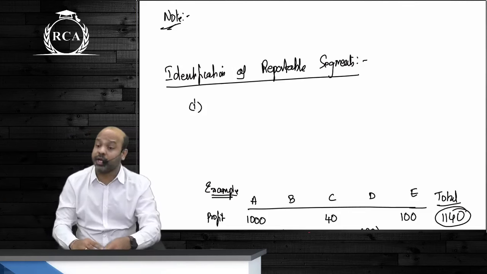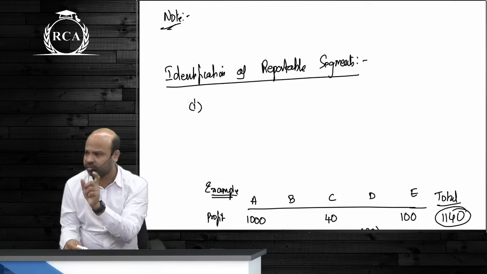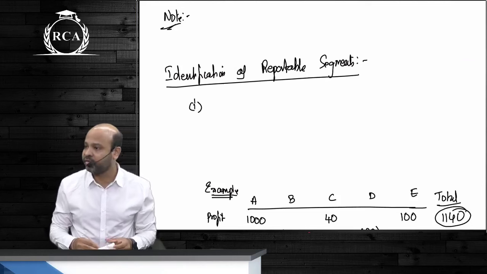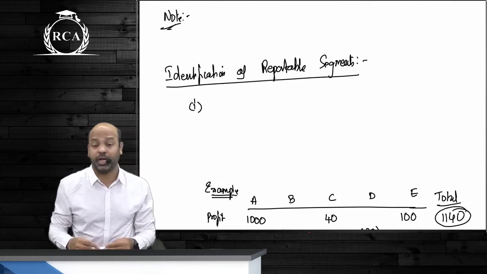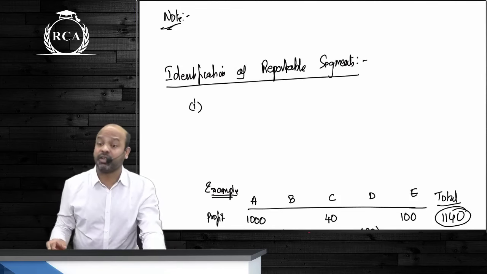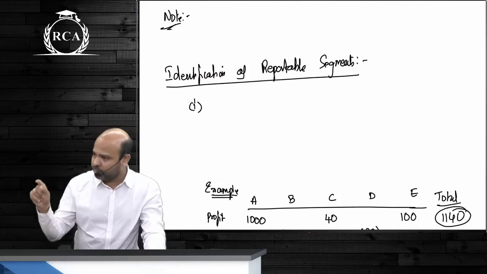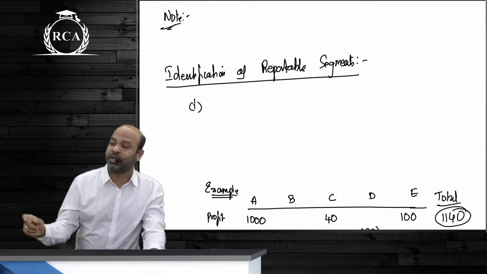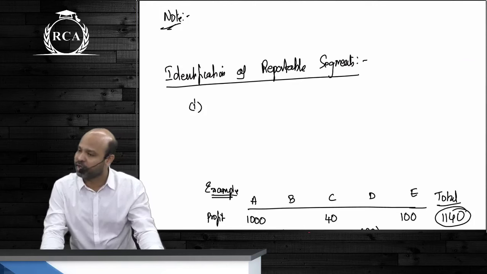There are 3 quantitative limits. Most important part of the standard is this only. There are 3 quantitative limits that are given under the standard. It says if segment assets are 10% or more of the total segment assets, then it should be identified as a reportable segment. Or matlab, if not this, if segment revenue is 10% or more of the overall segment revenue,